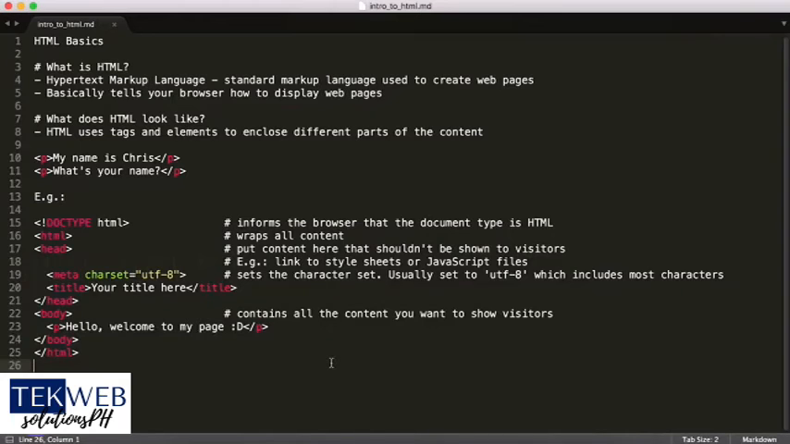So now that we have some understanding of the structure of what HTML looks like, let's go ahead and write some HTML of our own. And we're actually going to be using an online code editor, so you don't need to worry about downloading any software. You just go to this website,